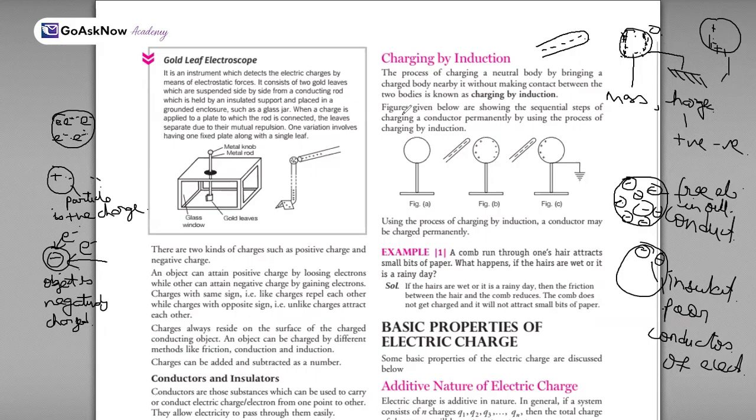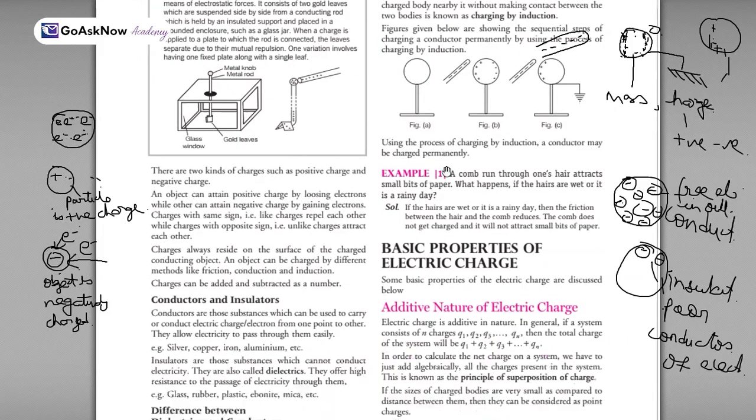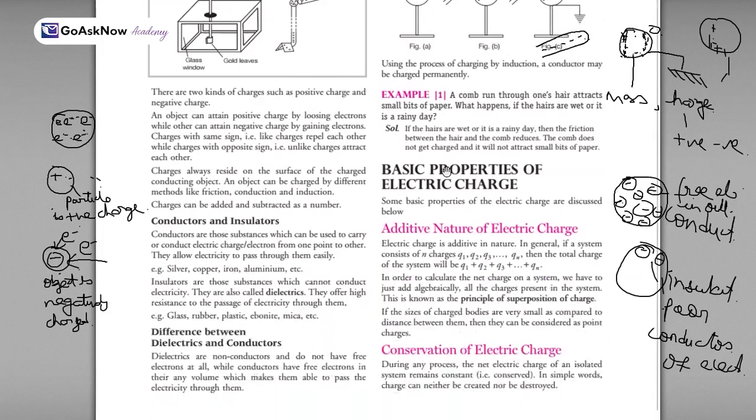Now we will see some basic properties of electric charge. What are the basic properties it contains? So let's start with the first property. The first property of electric charge is that it is additive in nature. If you have many charges available inside any space,